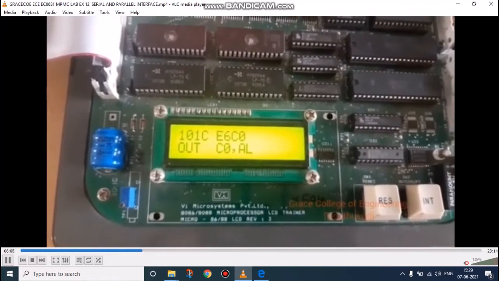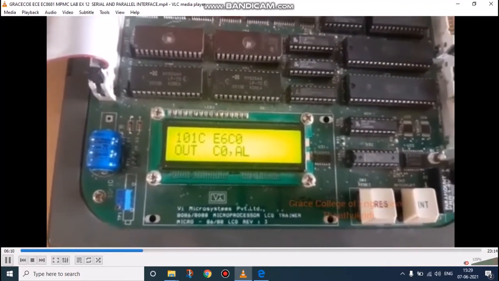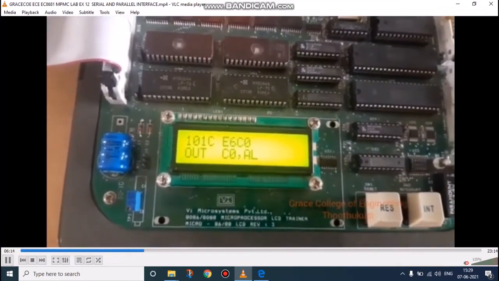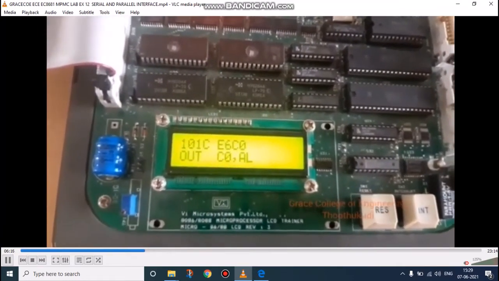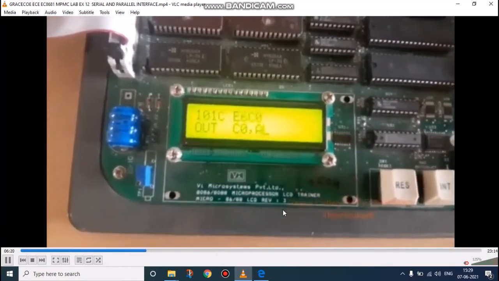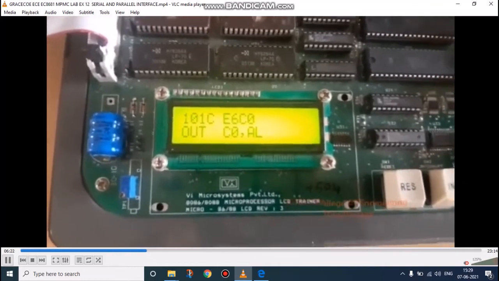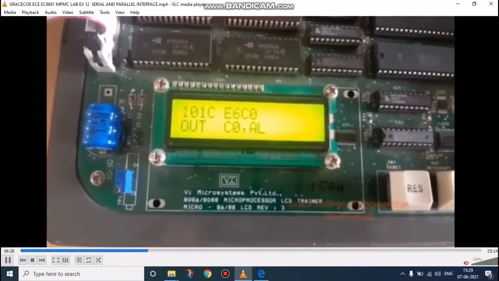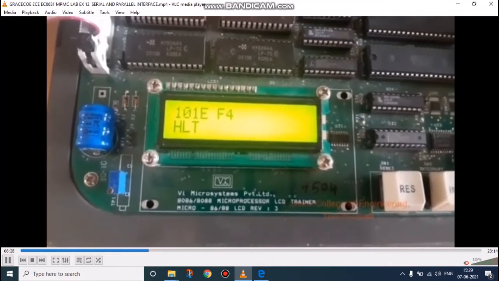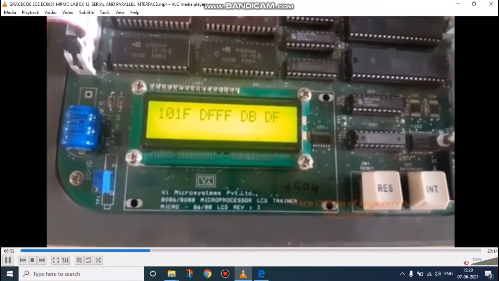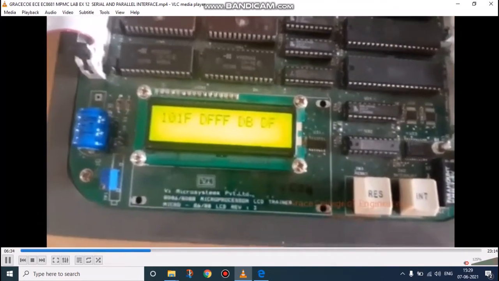Then we can see the next line of the program by entering, and we have to give double enter. Okay, to see the mnemonics first, and to move to the next line we have to give another enter. Now we are finishing the program by the halt function. Okay, halt means the program is ended.